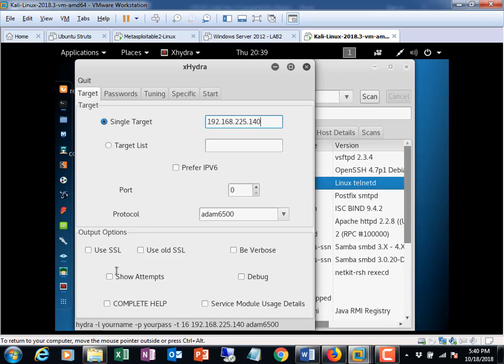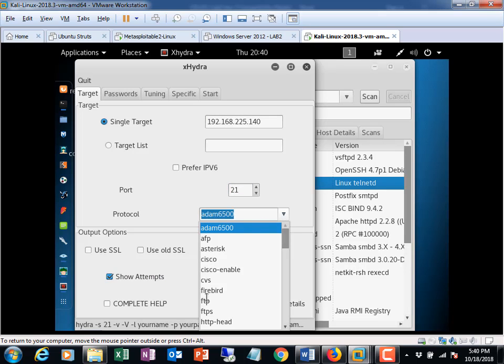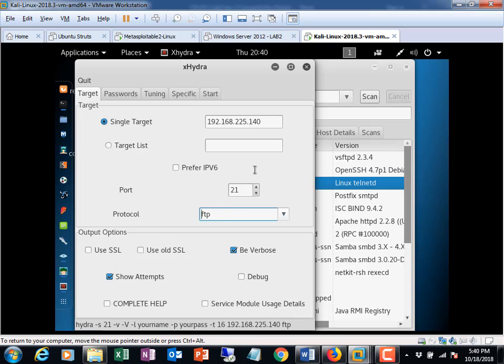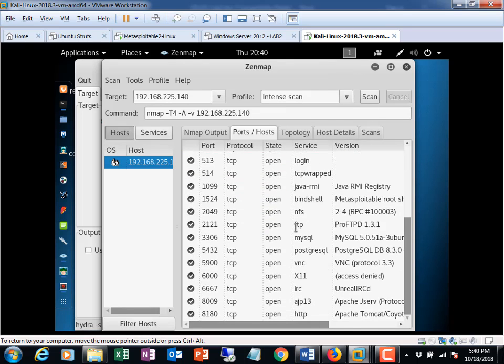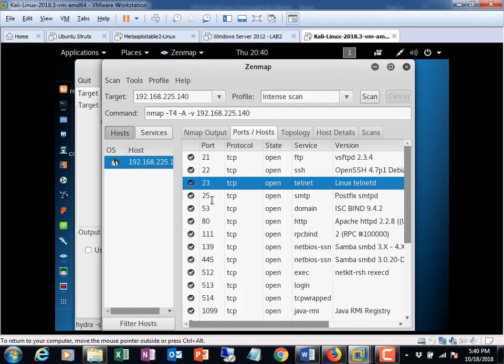And I will say show attempts and be verbose. And let's go ahead with port 21, which is FTP, because we had a couple of FTP users there. So if I look at port 21,